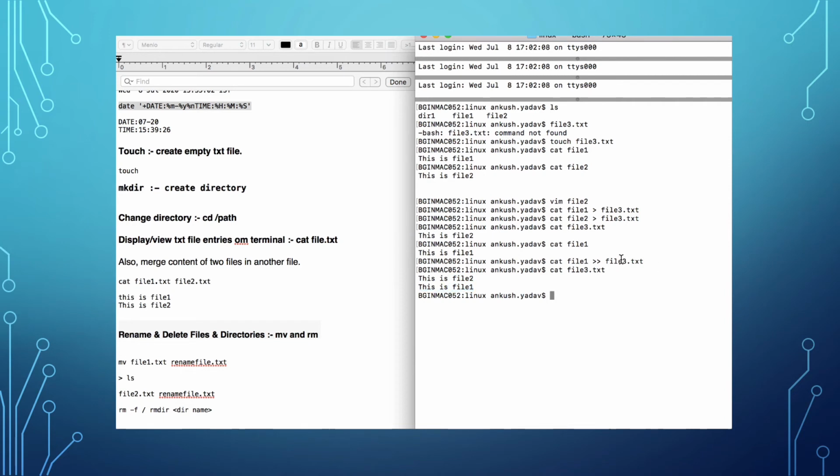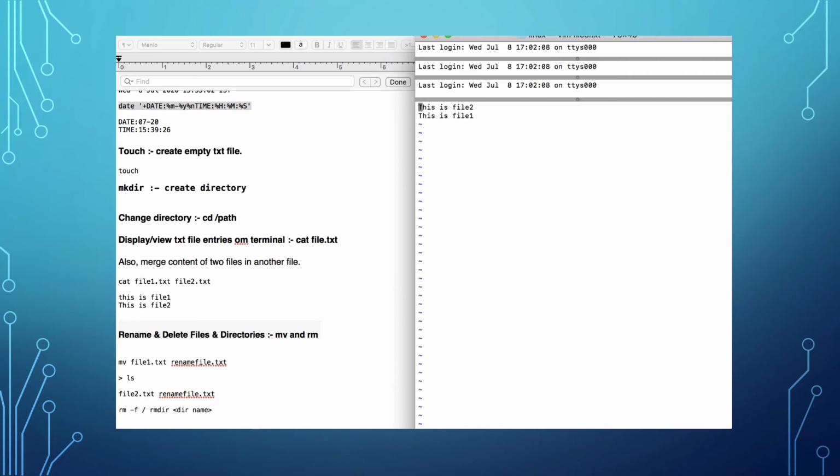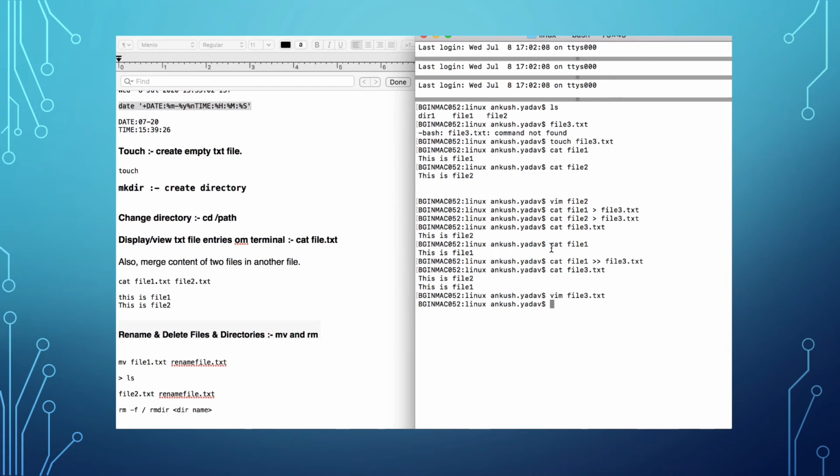And now I'll go to this file and remove everything again, save the file, and then display it.